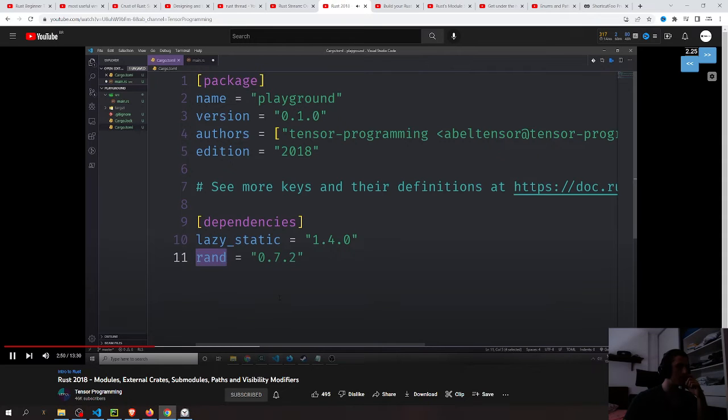And if the library had macros that you wanted to use, you would have to use this procedural macro above the import to tell the compiler that you want to bring in those macros as well. None of this is necessary anymore. So instead of calling extern crate, I can go ahead and just say use, and then the name of the library. So in this case,